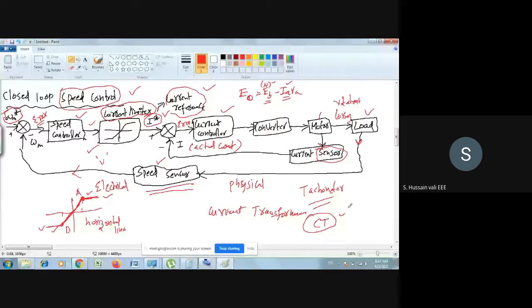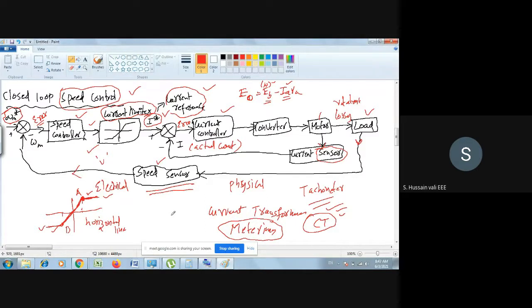You will see the CT at the substations, where there is metering, meaning how much energy consumption someone has is measured. In the substations, before the metering, you will find the CT. So this CT, current transformer, can be used as a current sensor, but only for high power loads. For small power loads, you have other kinds of current sensors.